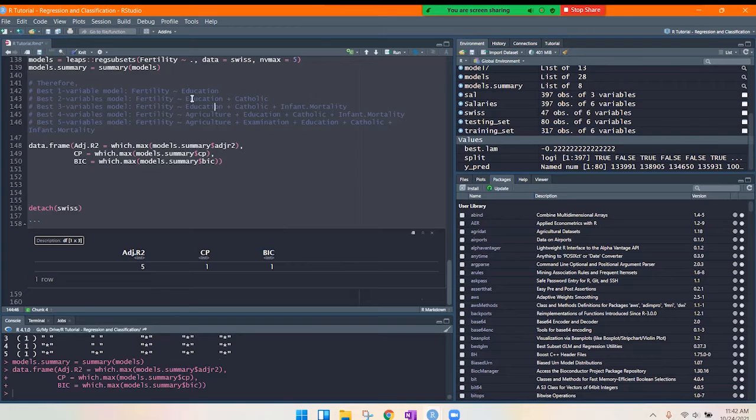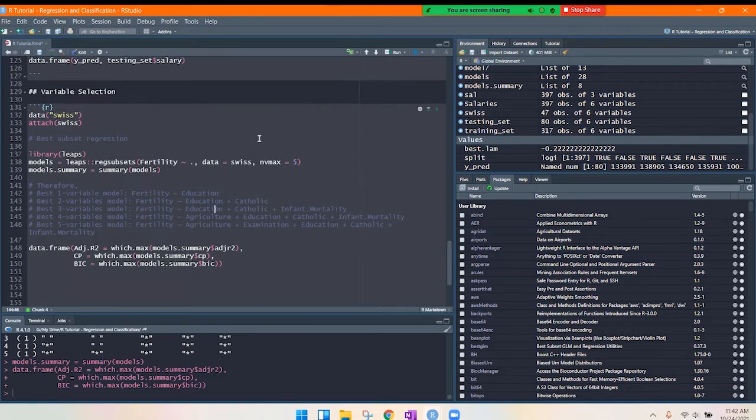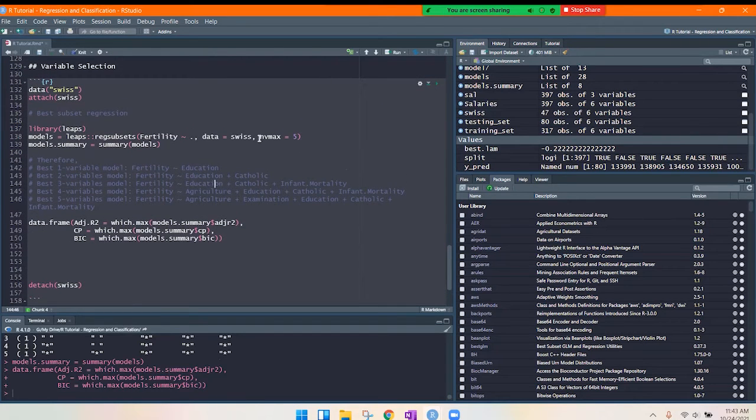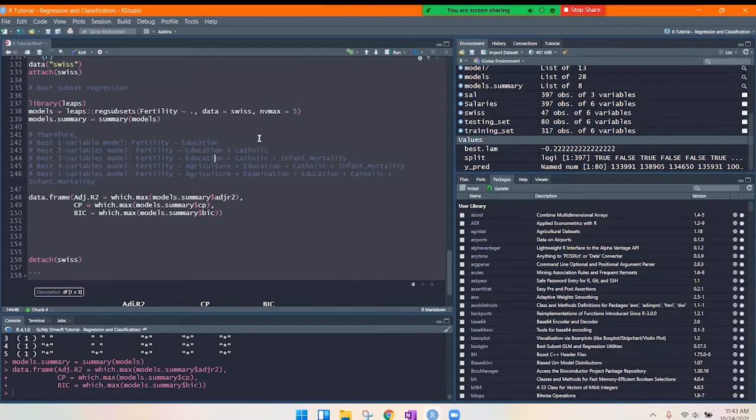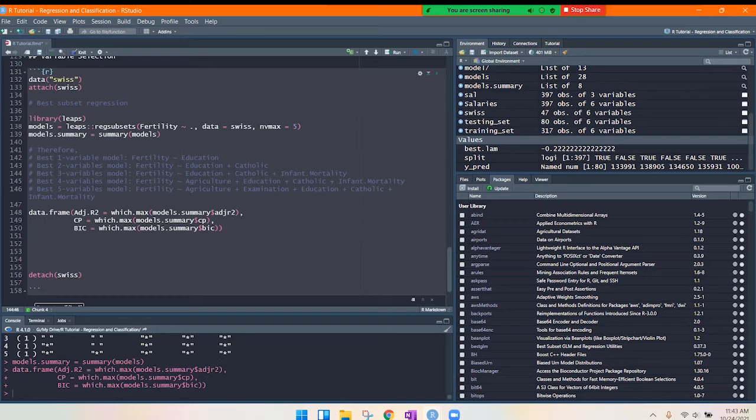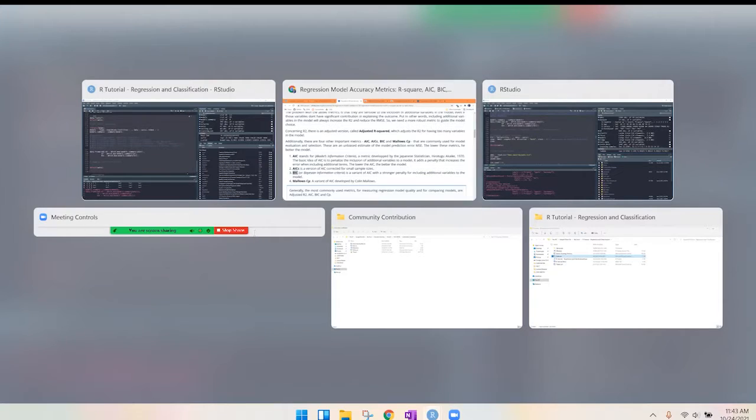So this is how you exclude variables you do not need, that do not actually help you in getting a good model. So this is one way of doing variable selection. Now there is another way called stepwise variable selection, for which I will use the same data here. So how this works is